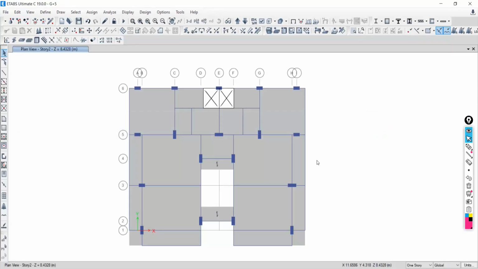Whenever you are having the slab and the beam is coming inside of that slab, you have to break the slab about that frame. And whenever the existing beam is going to be removed, then you have to add the slabs. Understood or not?